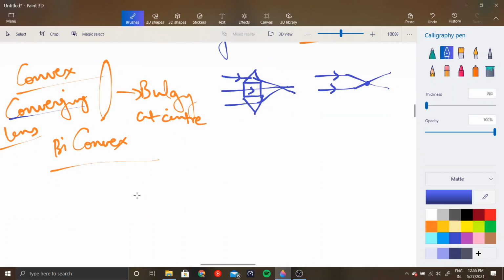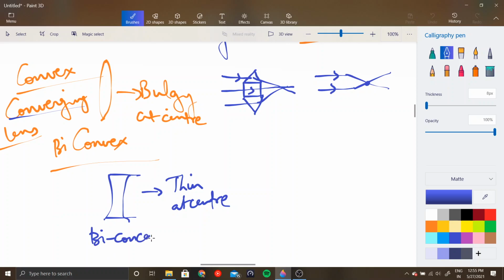Next, let's look at a diverging lens. How does a diverging lens look? Okay. So it will have curved surfaces on the inside, right? So these are thin at the center, right? This is a biconcave lens. Just explaining the structure. There is nothing complex in here, okay? So when you have two bulgy surfaces, then you call this a convex lens. It will actually converge the light. When you have two inside surfaces, this is a concave lens and this will be a diverging lens.